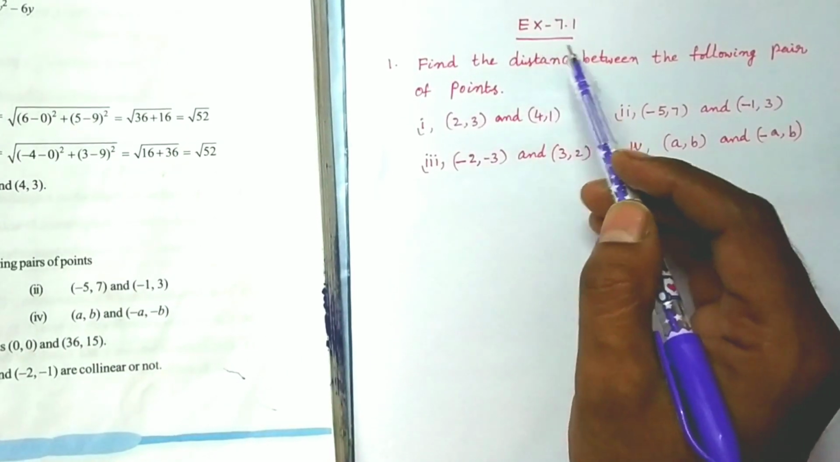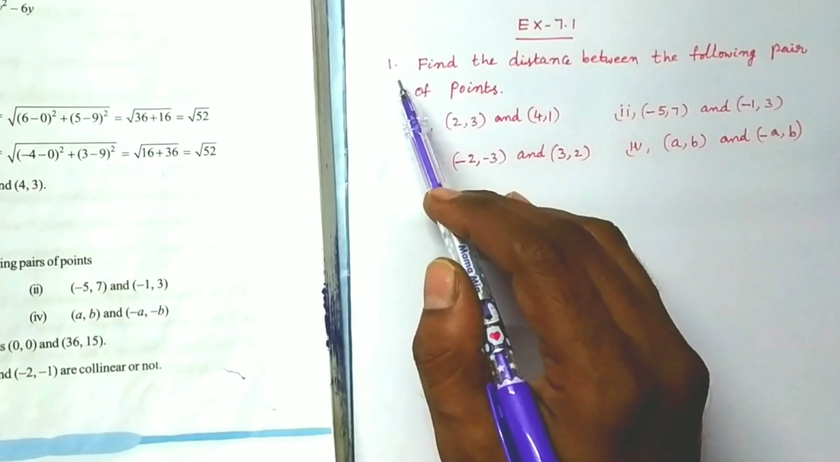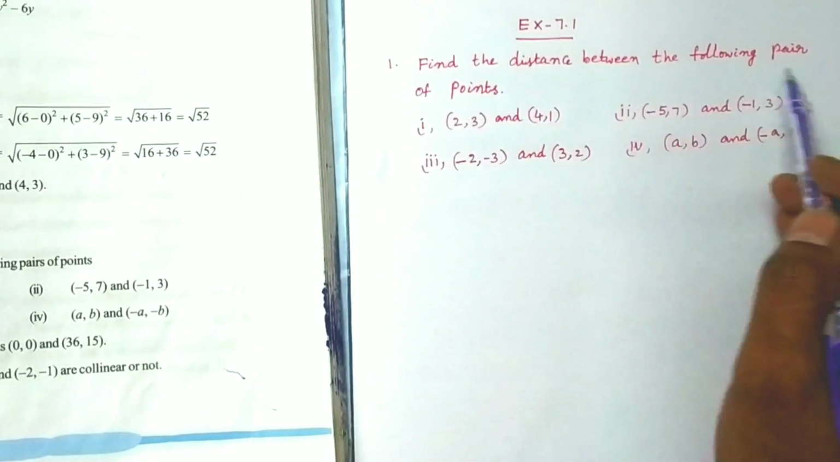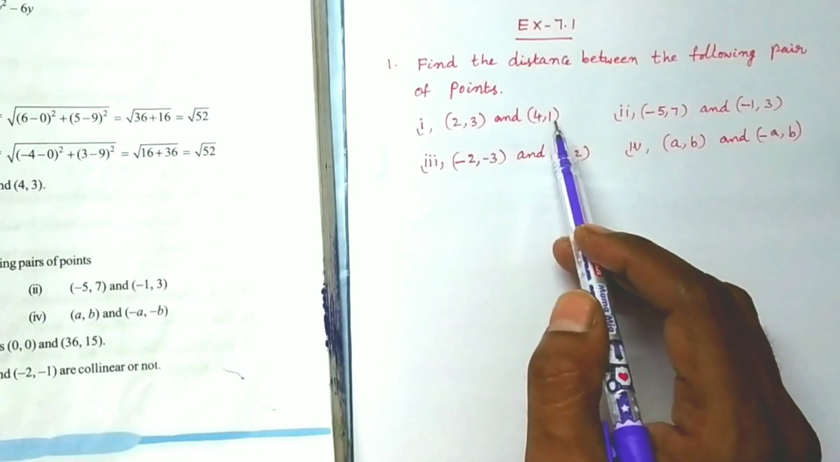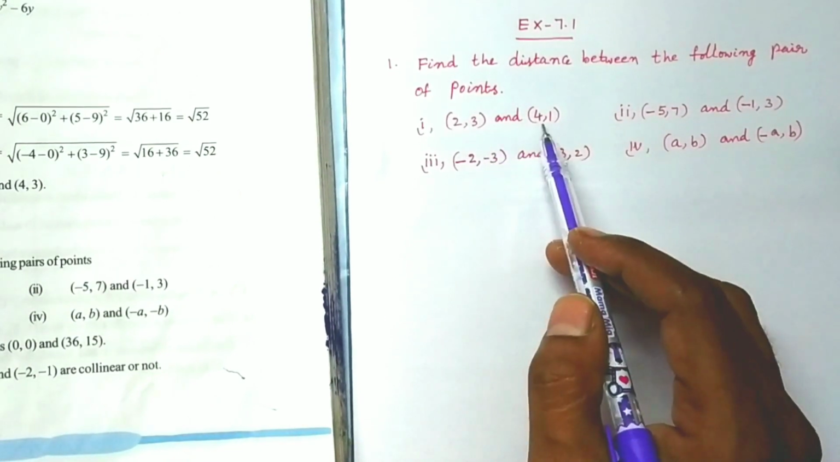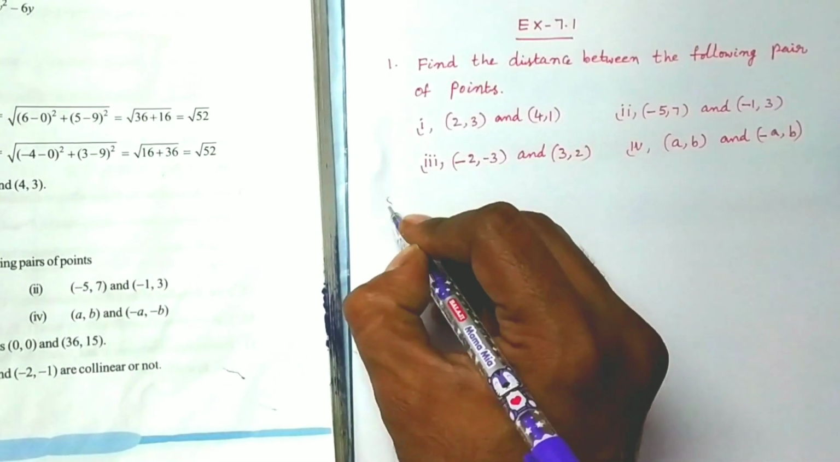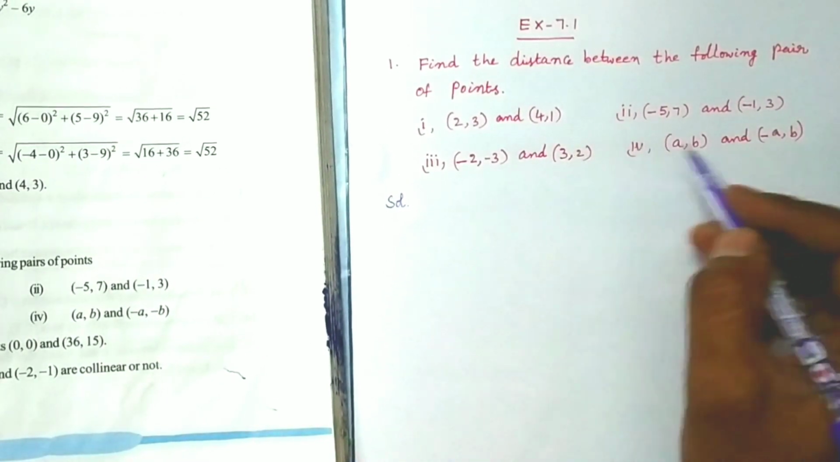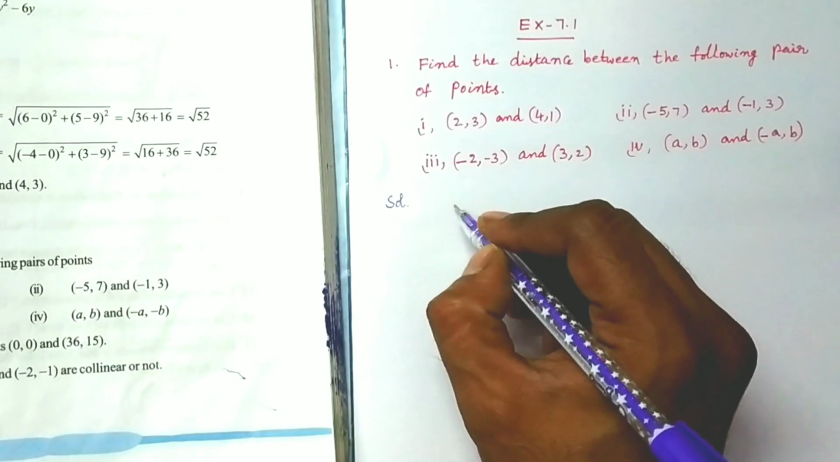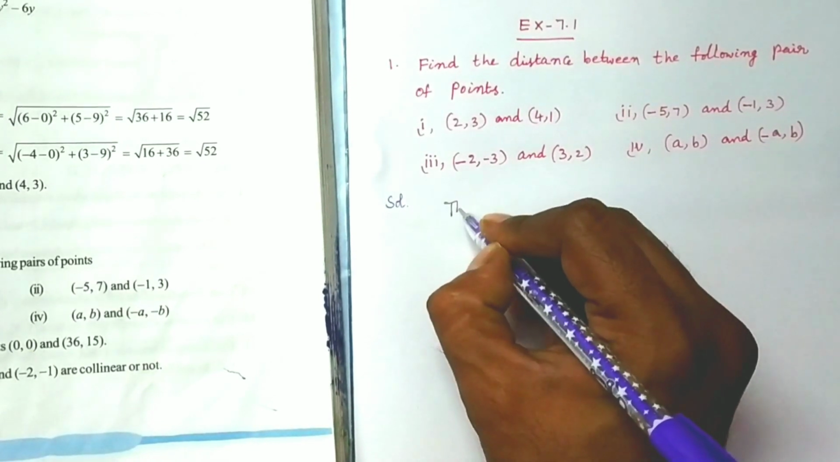In exercise 7.1, the first problem is find the distance between the following pair of points. First one is (2, 3) and (4, 1). These 2 points. So solution. First we have to find the distance between 2 points. So first write the formula. The distance between 2 points